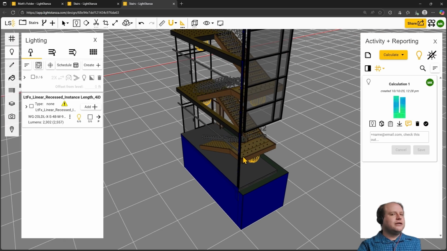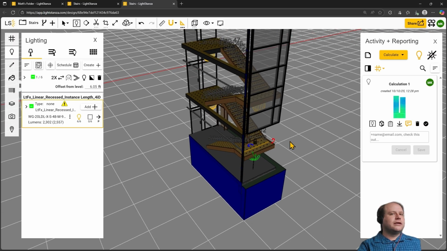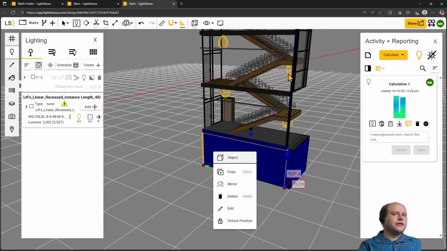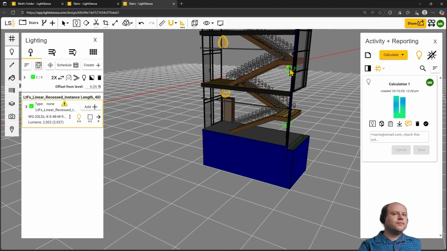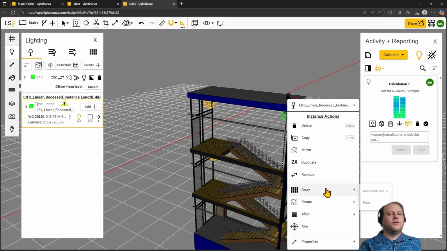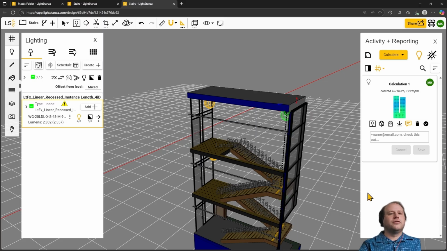So by clicking the luminaires panel, I can select just these 3 fixtures, kind of rotate to get to it. And then right click and under properties, if you check this EM button, those will be considered in emergency calculations as well as default calculations. You can also review the emergency output factor. If these are going to be on a battery backup, you could reduce this, but we'll use 100% for this